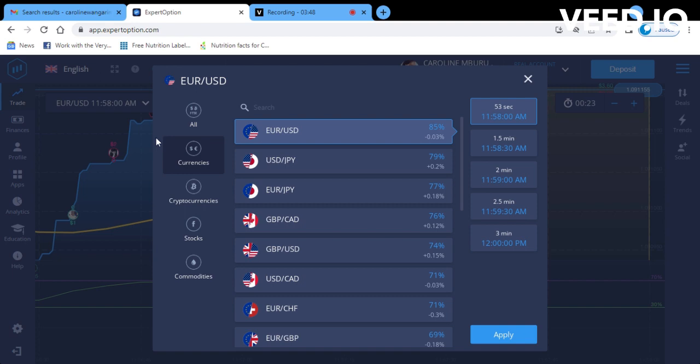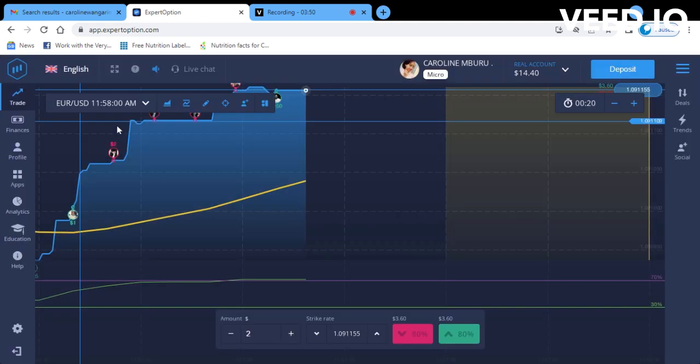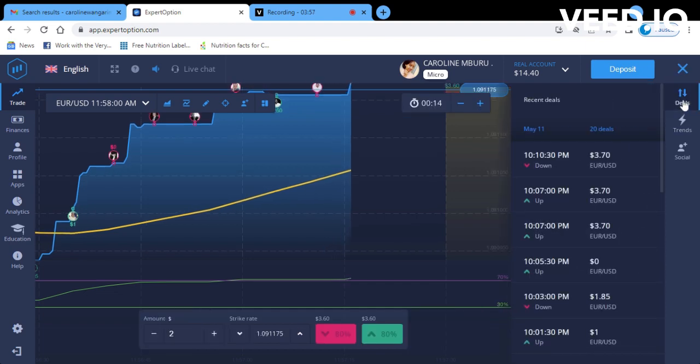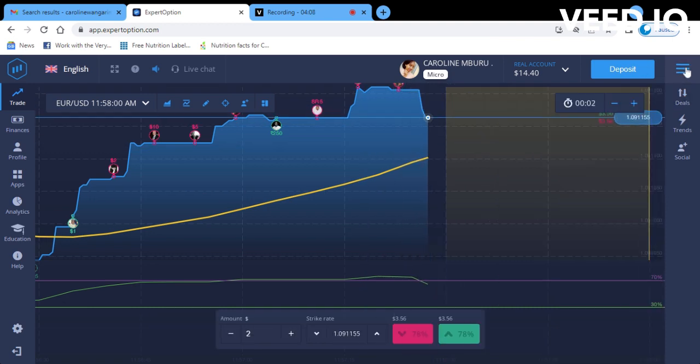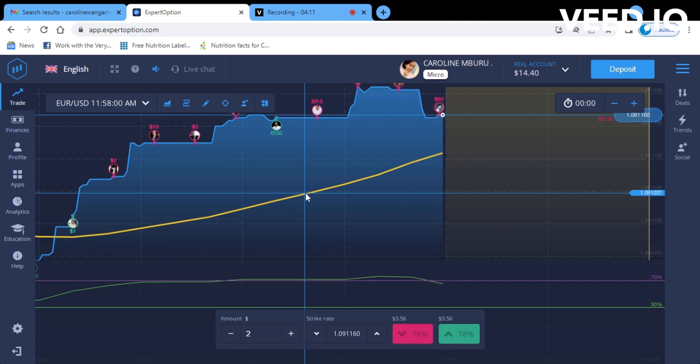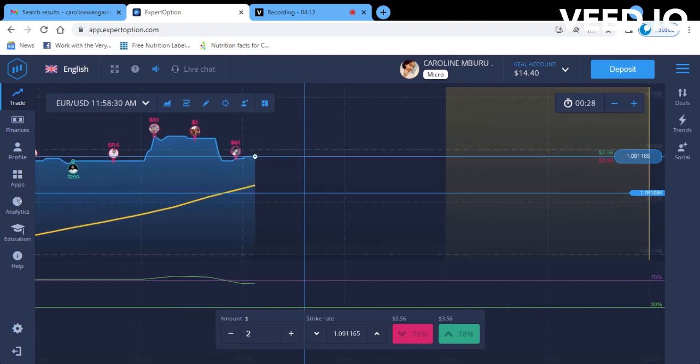So I'm just going to go back to my currency, and I've chosen the euro against the dollar, because, as you can see here, if you click on this, the deals or the trends are going to show you what is trending, or what you need to trade with. Of course, after you do your research, you're also going to understand what I'm saying. I'm going to be posting these videos every Friday to show you my progress and how I'm going. But for this particular video, I just wanted to do the introductory part of it.